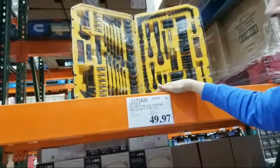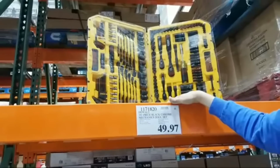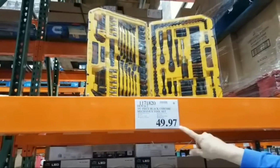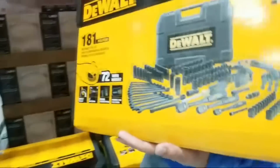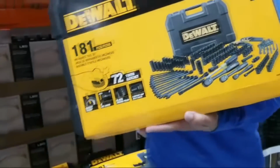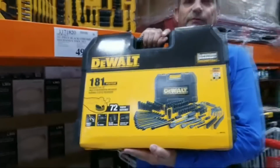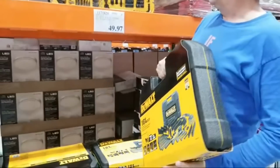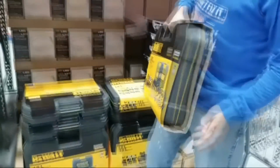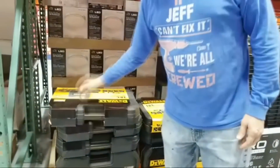So this is a 181-piece black chrome mechanics tool set for $49.97, $50. And this is the size of the box. Man, this thing weighs a ton. If you can see the whole thing here, this is how big it is. This to me is one heck of a steal right here. So if you're looking for an idea for Dad, for Father's Day, that is